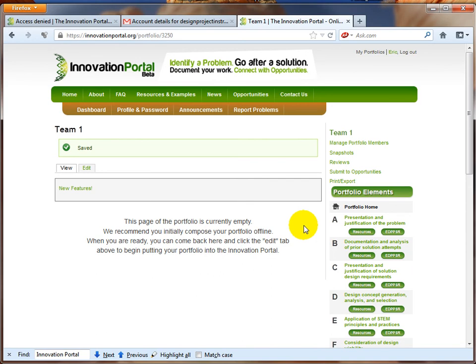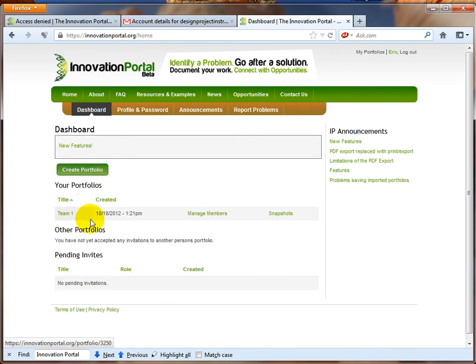Actually, what we want to do is we'll create the second portfolio and then let students do the work. So to get back to the main dashboard, there's two ways. I can click this button called Dashboard, or I can go back up and go to My Portfolios, either one. So we'll go to Show Me My Dashboard, and you can see that there it is, line item Team